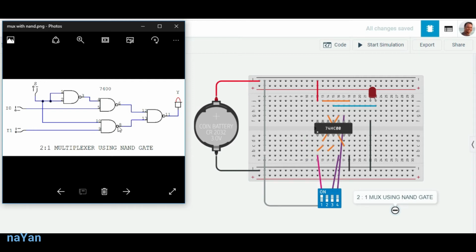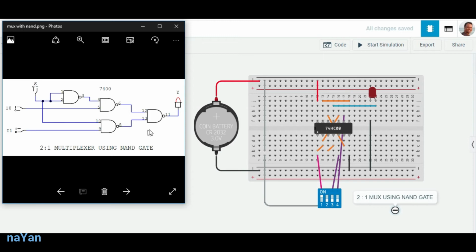Pin number 8 and 13 is shorted. So that's how we have connected all the internal connections of 7400 IC, that is NAND gate IC.